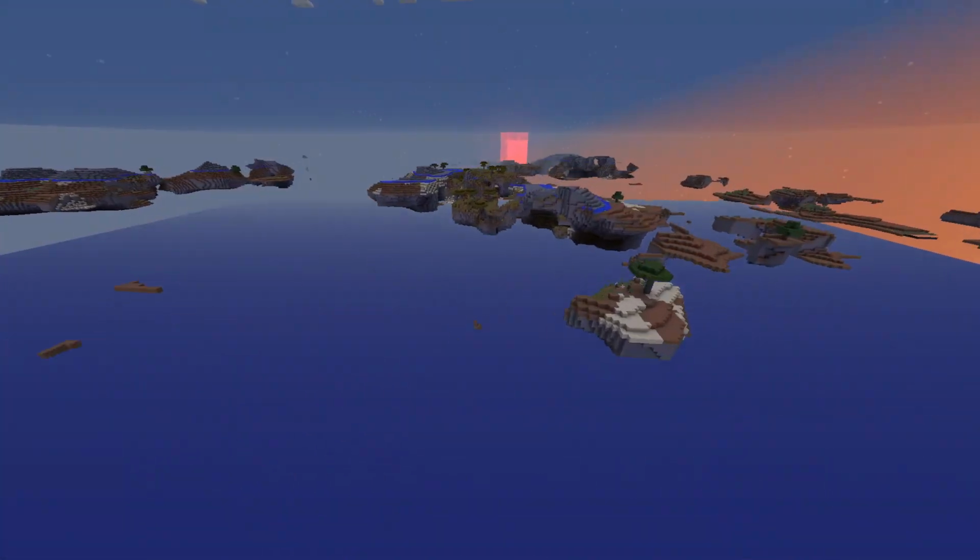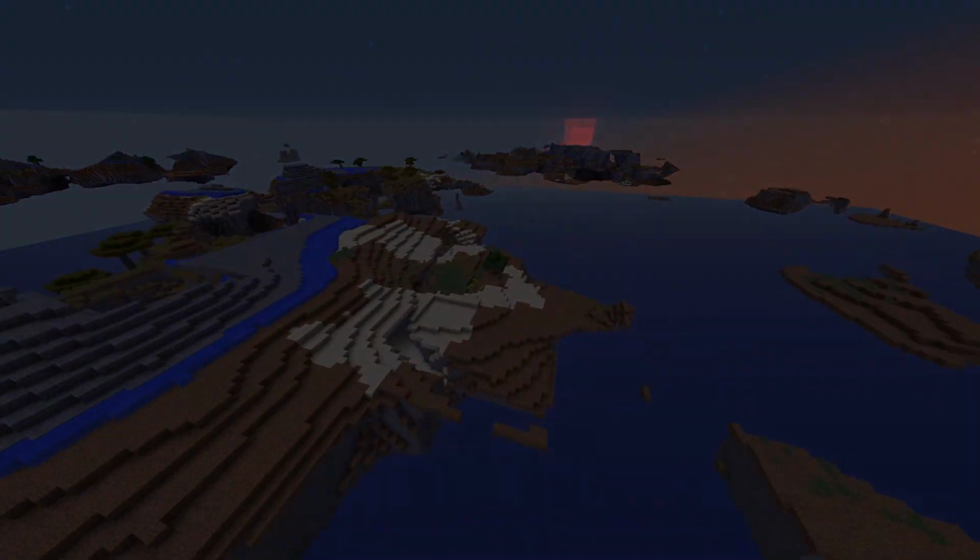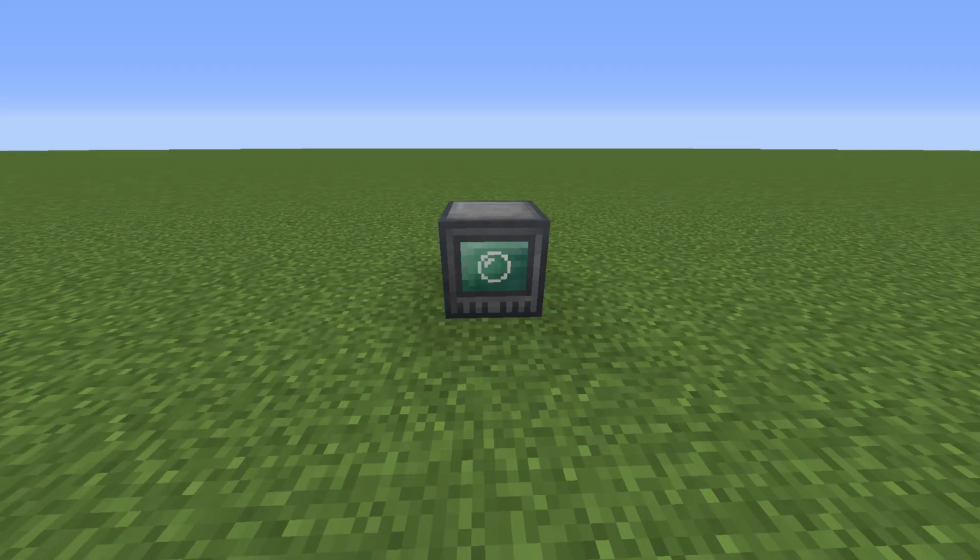Before you can start making dimensions, you'll need some key items. A dimension builder for building and sustaining the dimension, a dimension inscriber for creating the dimension tab, a matter transmitter so you can go to your dimension, a matter receiver so you can get back after going to your dimension,